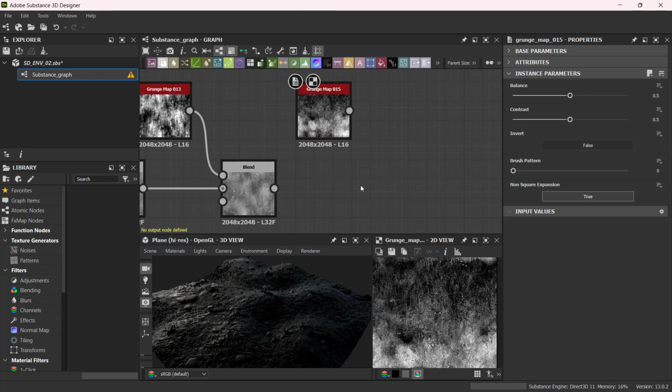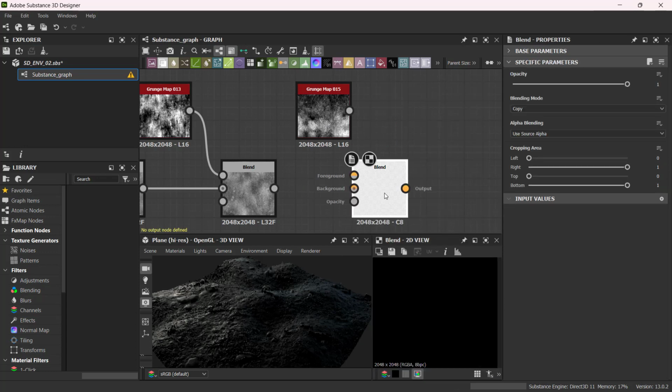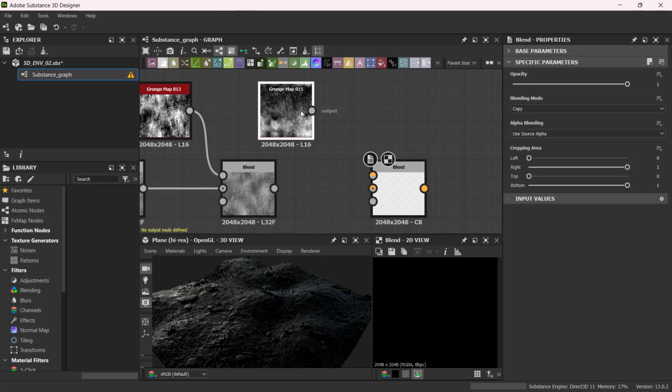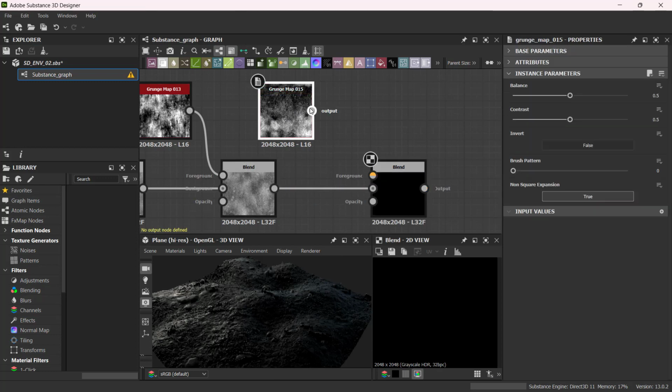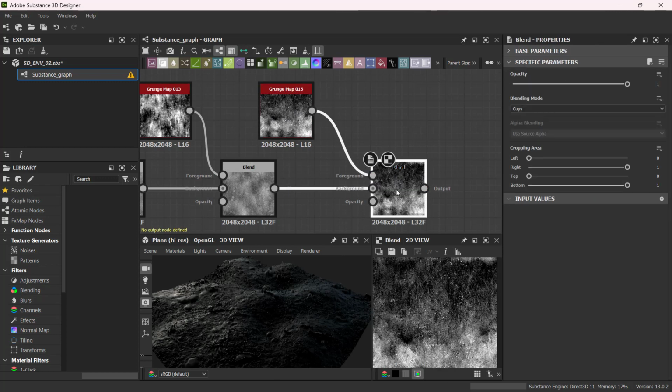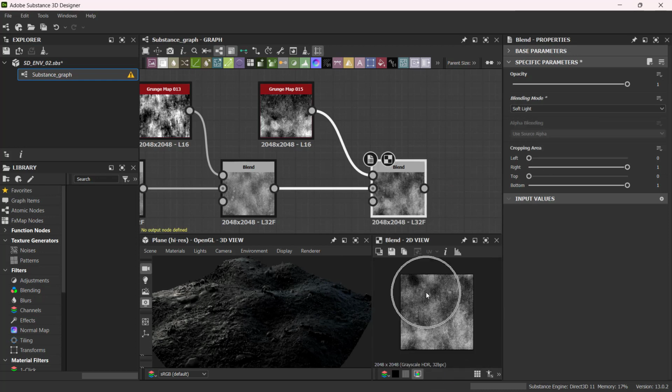Then I'll just press spacebar and choose another blend. Blend this grunge map with this result below. There. So again, I'll just use another soft light blend mode for it. Then this one is becoming